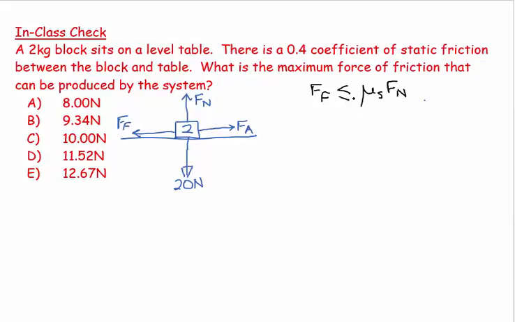And that's where this less than or equal to comes in. Let's look at this. If I plot a graph of FF versus the force applied, what I would see is that for the beginning part,